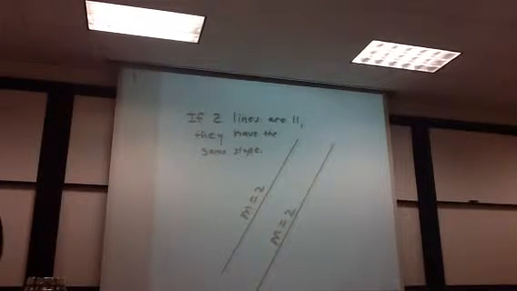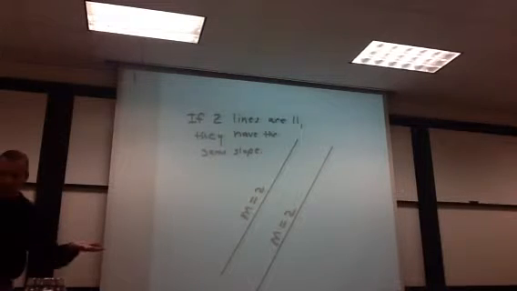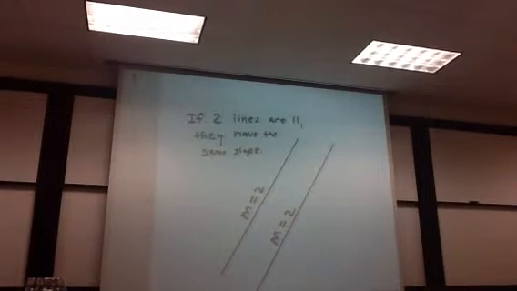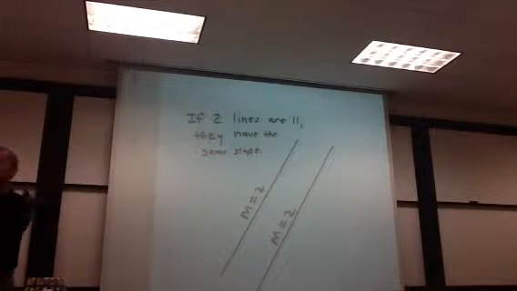That's called a conditional statement. It's got an if and a then. If it is the weekend, I'm not going to be going to school. If, then statements have something called a converse, in which the if statement and the then statement